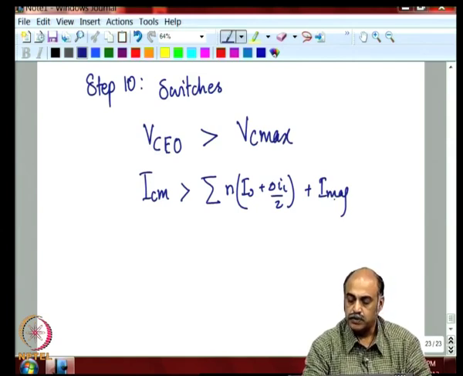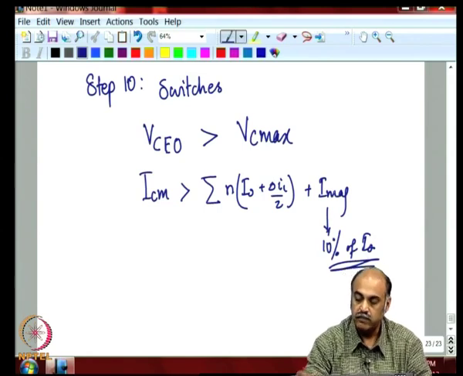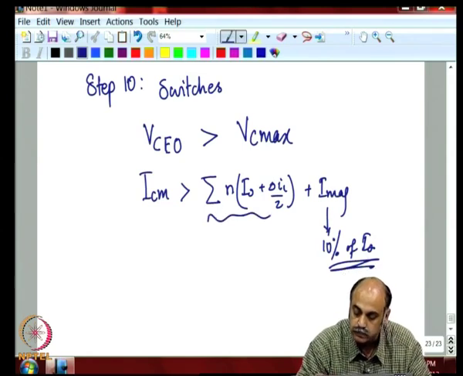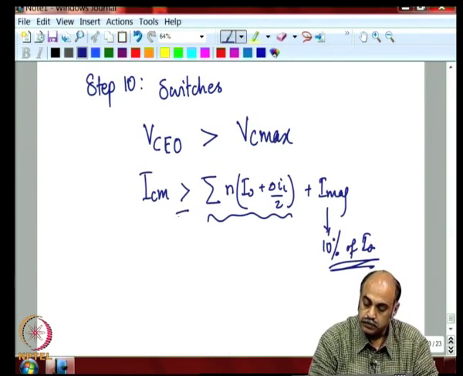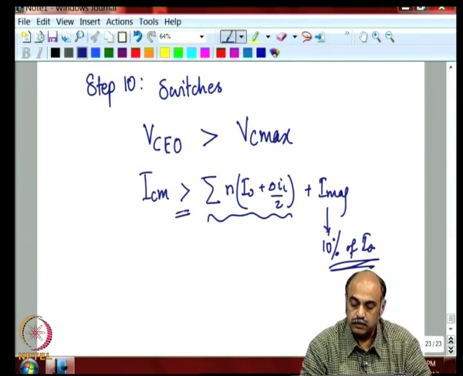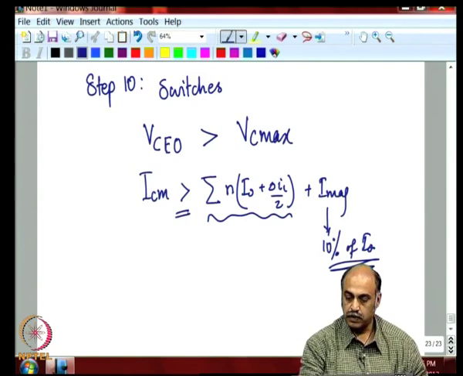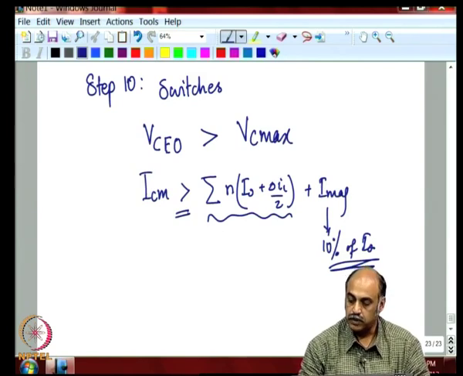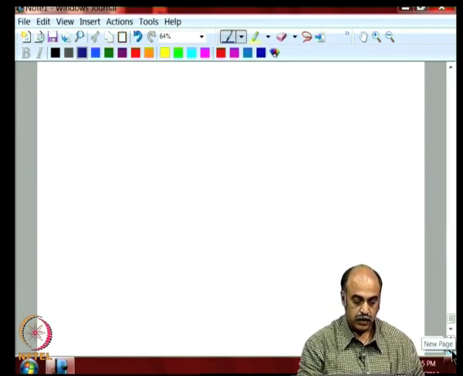It can be around 10% of I naught to start with. This will be a very small value compared with this value. And anyway, you are going to choose a current rating greater than what you have calculated, which should account for the magnetizing current. So, this way you calculate all the components of the DC-DC converter. Now, let us just do one more, the flyback,